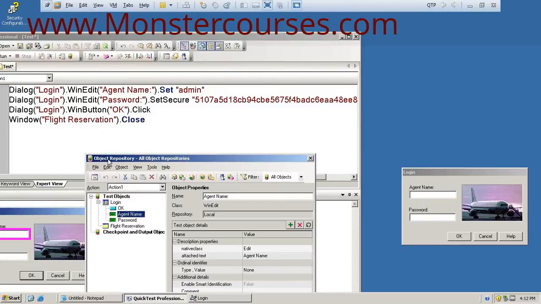The object repository maintains the details of the test objects, the recorded objects and the actions performed on the objects in the application. We have got 8 objects here: 3 buttons, 2 text boxes, 2 labels and a bitmap.